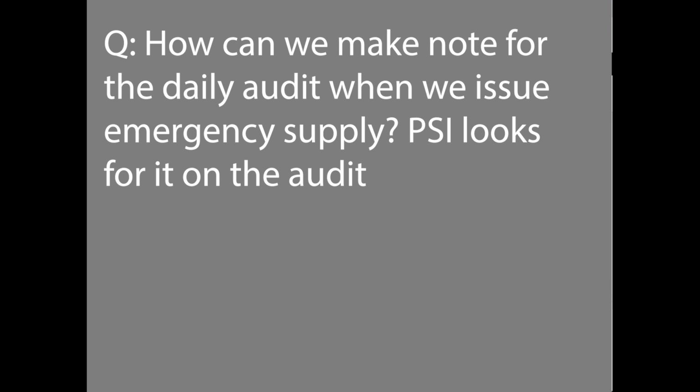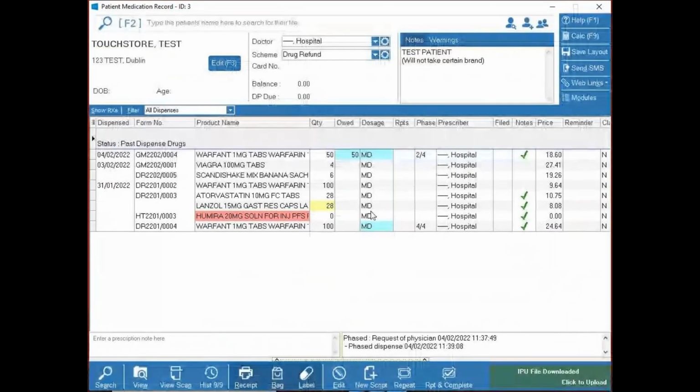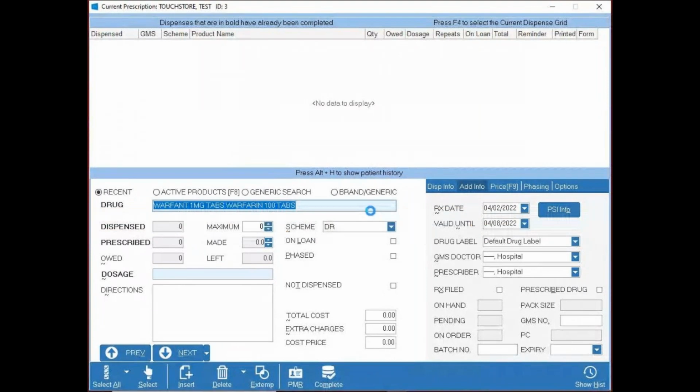Yep, no bother. So when you're entering an emergency supply in our system, it will ask for a reason as to why it is, and that reason will appear on the daily audit. But there was for a while, now I don't know if they're as drilled in on it now, but they did want for a while that if you did go with emergency supply, they wanted to know where the original script was, so what pharmacy it was in. So for those, we had to add a button. So if I go orphan, for example,